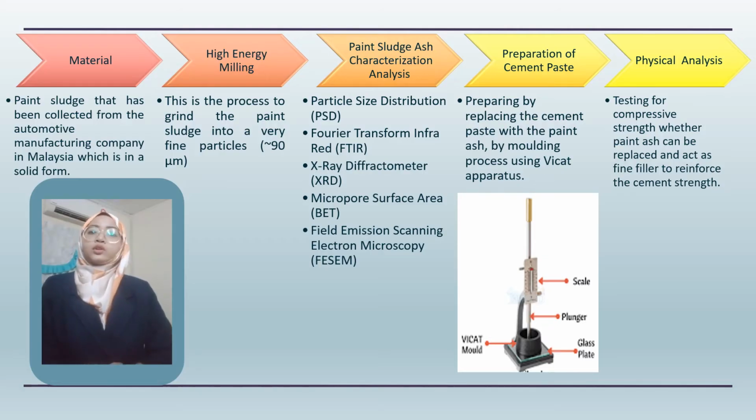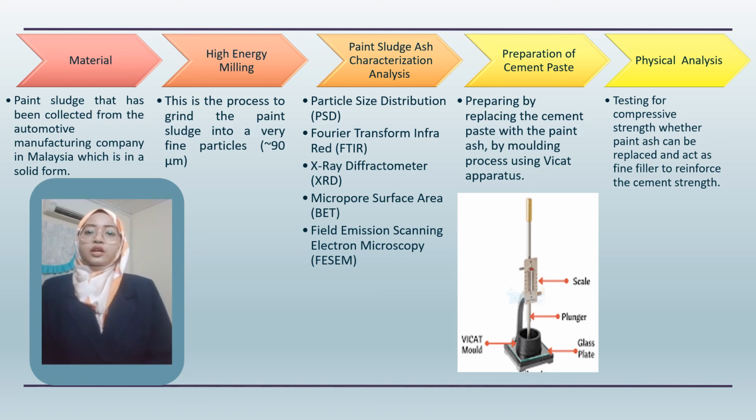Last chapter is the methodology. Firstly, for the material preparation, paint sludge has been collected from an automotive manufacturing company in Malaysia, in a solid form. Next, it undergoes a high energy milling process. This is the process to grind the paint sludge into very fine particles, approximately 90 micrometers. Then the paint sludge ash or powder is characterized with some analysis,